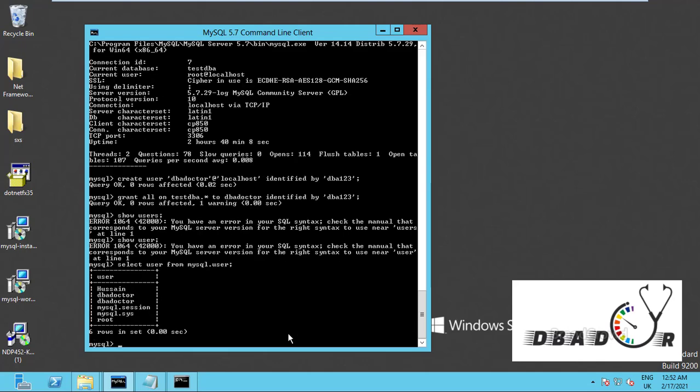Yeah, you can see here I have created a user called dba doctor. That user has two area permissions, that is the reason it is showing like this, dba doctor, like that.